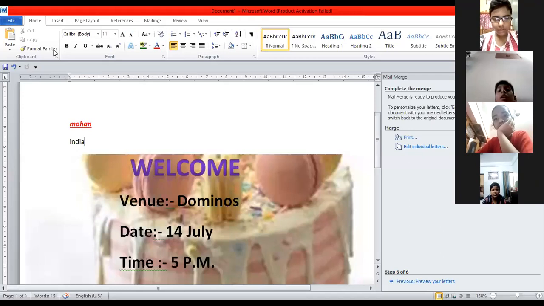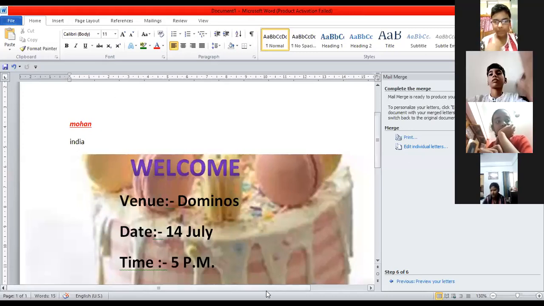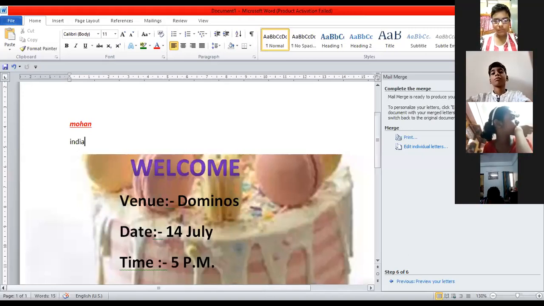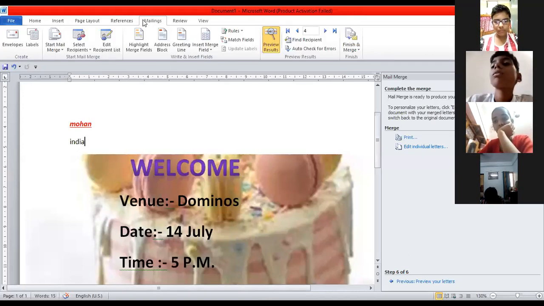Yes, Shreyansh Gupta. If we want to send this file to anyone through email, how can we send it? When you save this file, you will find that so many other options are shown. You can choose any one of them and then save and send. Clear? Okay, ma'am. Thank you.